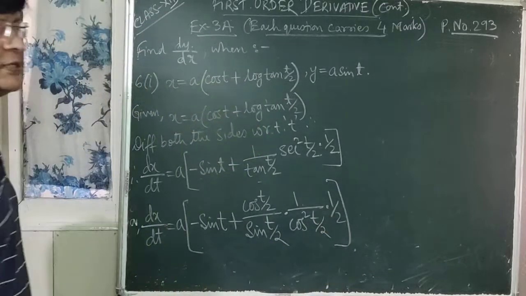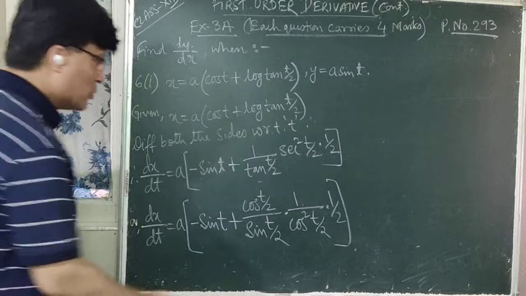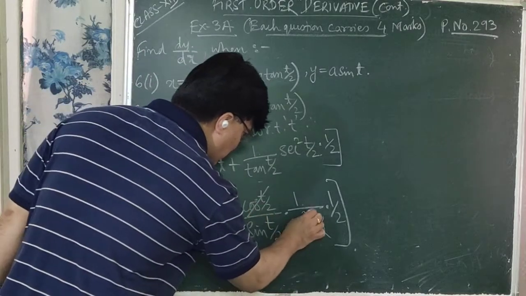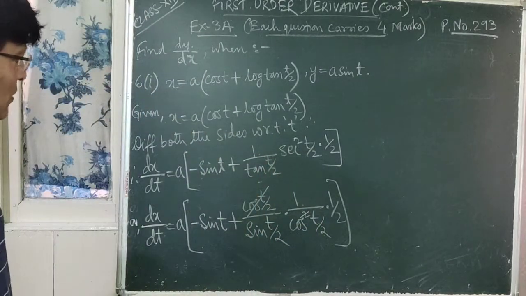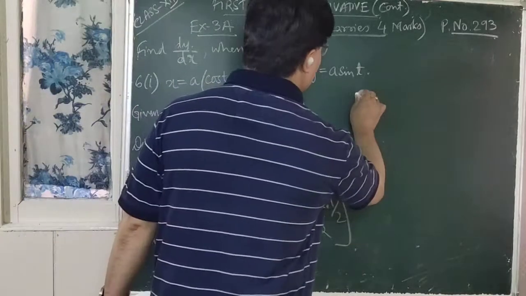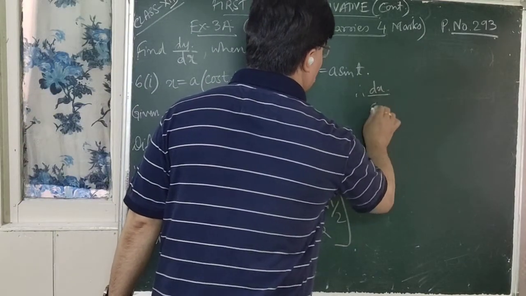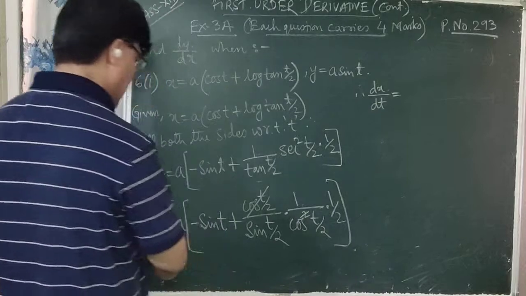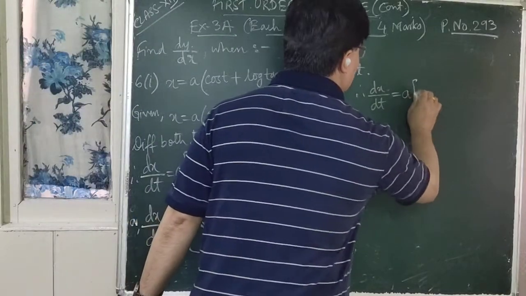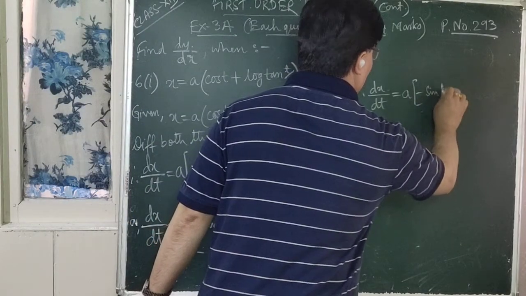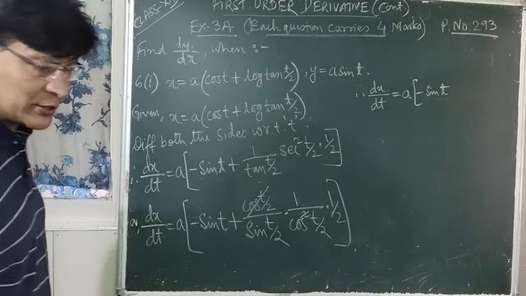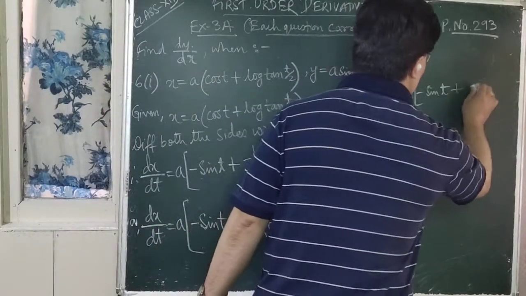So here the third bracket is closed, right? So here you can cancel this cos t/2 and the square gets cancelled, okay? So what is dx/dt? Therefore dx/dt is equal to a within third bracket, minus sin t plus 1 upon